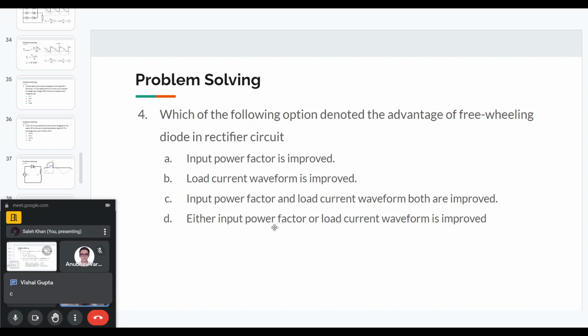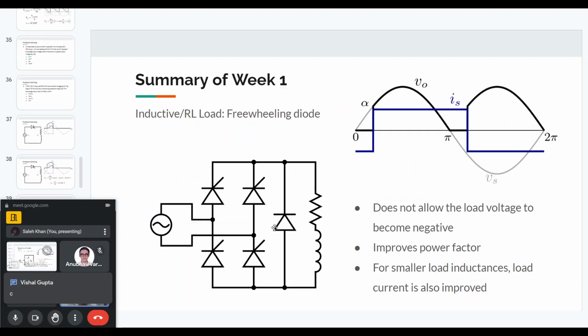Some of you have guessed the right answer. Because of the freewheeling diode, as I mentioned, the output voltage does not become negative. So the average output voltage increases, and since the average output voltage increases, the power factor will improve. And because of the freewheeling diode, when the voltage becomes zero, the inductor current will then,